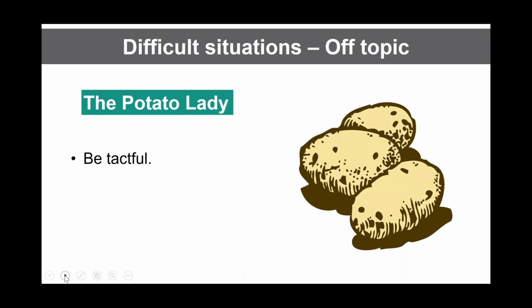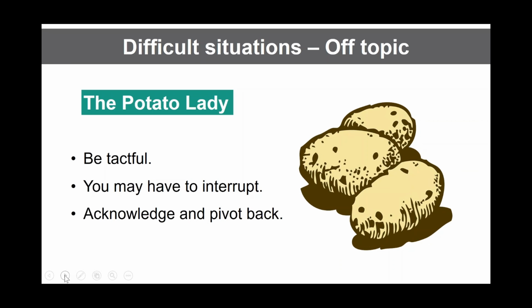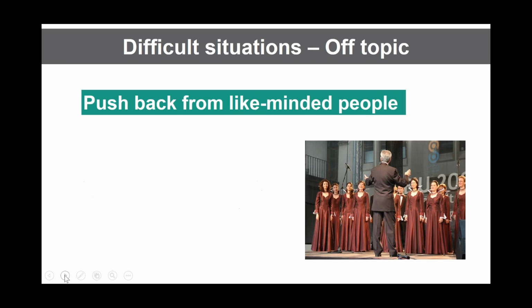So again, these are going to be really unusual, that someone's going to be completely off track, and sometimes you are just going to have to interrupt. And that's what we had to do with the potato lobbyist. We had to just cut her off. We had to try and get the meeting back on focus, and then Amy and I had to apologize to the interns walking down the hall. This wasn't exactly the best training we'd hoped to give them after we told them we were going to show them how the pros did it. All right.